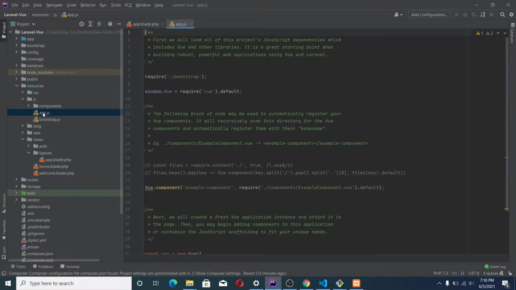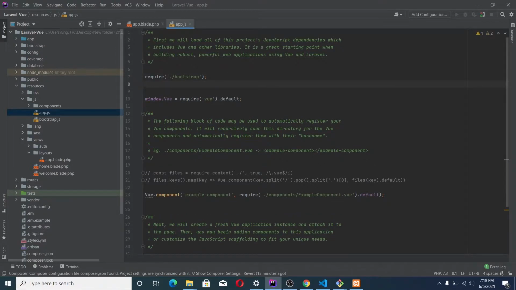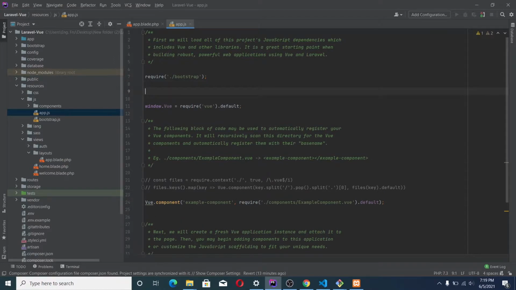You're going to see a file called app.js. Okay, so this is the entry point to your Vue application when you're using Laravel and Vue. So we are going to be doing some changes in this file. So the first thing we are going to be doing, we are going to import some files.